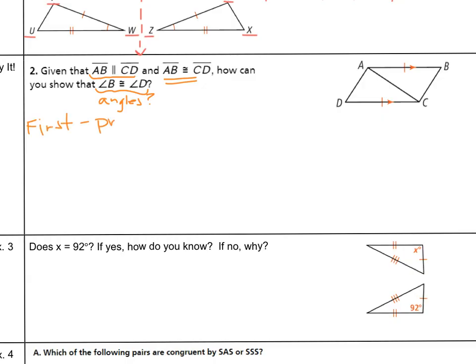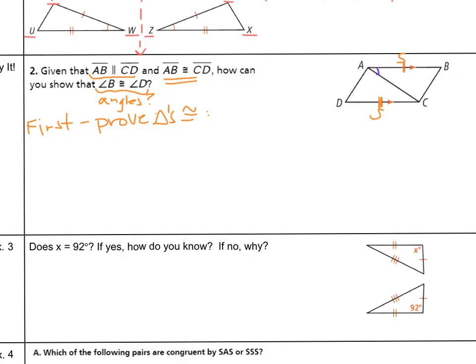Prove the triangles congruent. We need three things. We need S and then A and then S, or we need S, S, and S. Looking at the picture, we already know that AB is equal or congruent to CD. It says that in the given information. That's a side. If we have parallel lines, another thing that we could mark is that